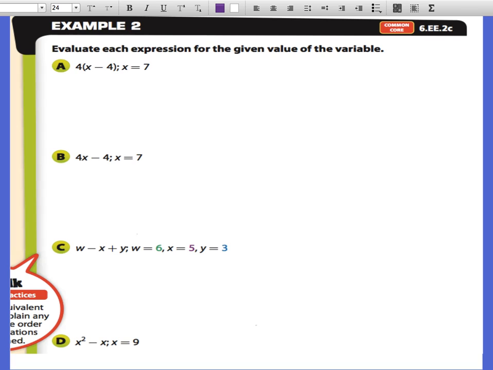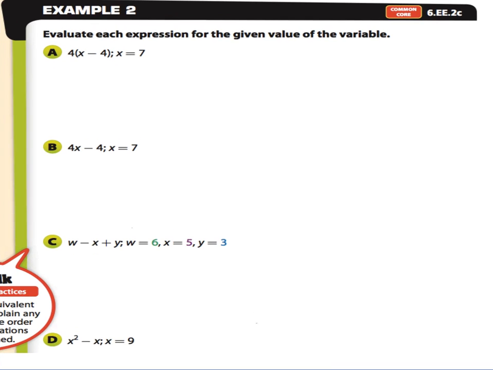All right, so let's go and look at some problems that are more than one step. So here we're going to evaluate each expression, and we're given the value of the variable again, but now we have more than one step. So now we actually have to follow the order of operations. That doesn't mean anything changes. That just means that now we have more than one step. So now we have to be a little bit more careful and make sure that we do the right steps